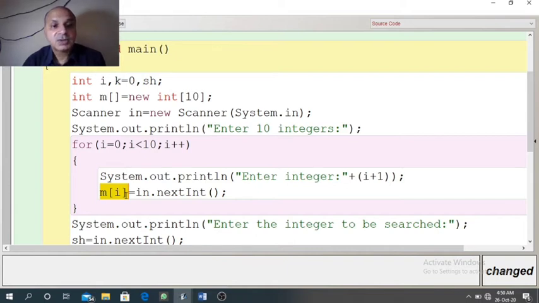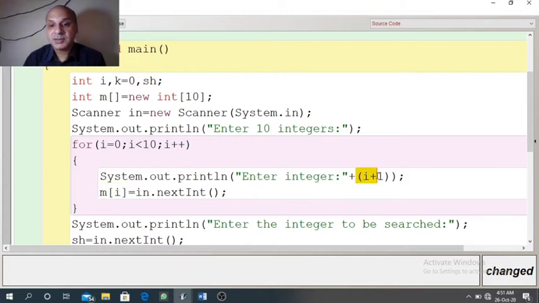So m[1] will store the second integer. So like this the loop will run 10 times from 0 to 9, and m[i] will vary from m[0], m[1], m[2] up to m[9]. So all the 10 numbers will be stored in the array from index 0 to 9.